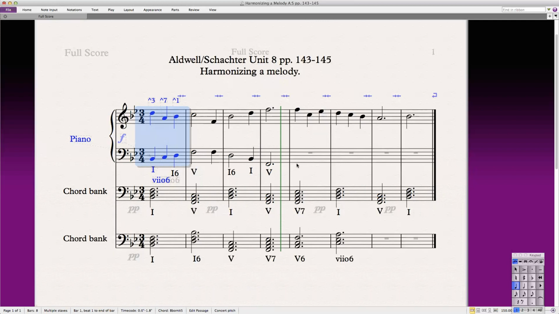So let's give ourselves an F, that's what I wanted, F, A, F. This is all expressing 5/7, so we'll mark this